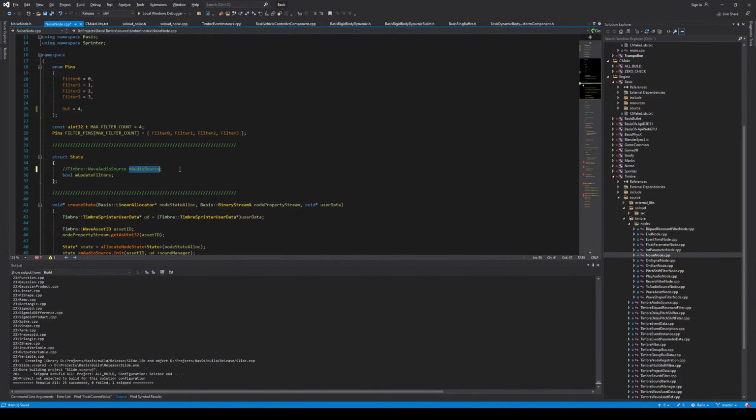And in this case, we also have state because the actual noise generator is going to be some state. Here we have a wave audio source, and this is the actual audio source thing that we use for the wave asset nodes. So we will most likely need to create some sort of equivalent for the noise, like a Timbre noise generator or something like that, which is like an audio source. Let's actually go have a look here at this wave audio source